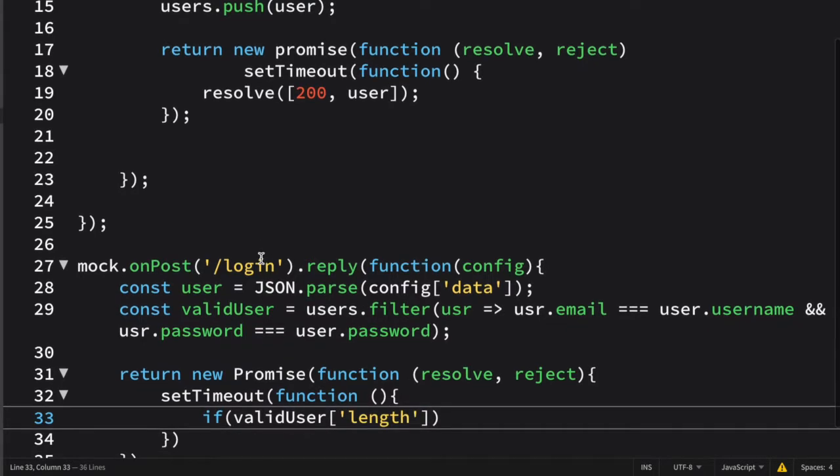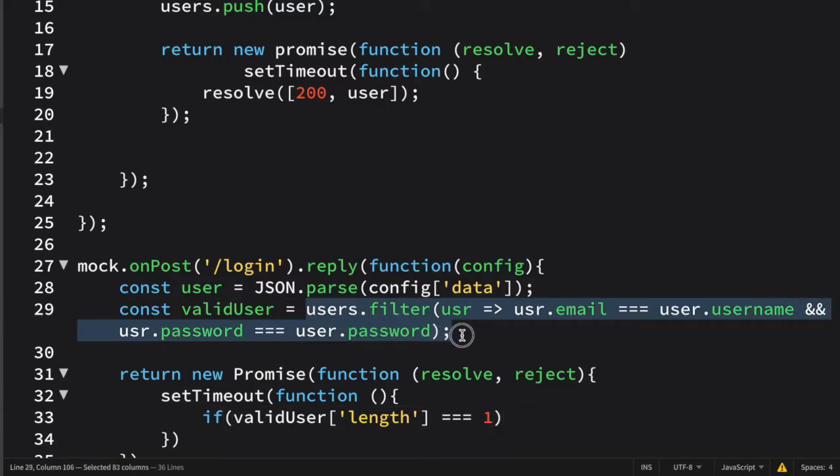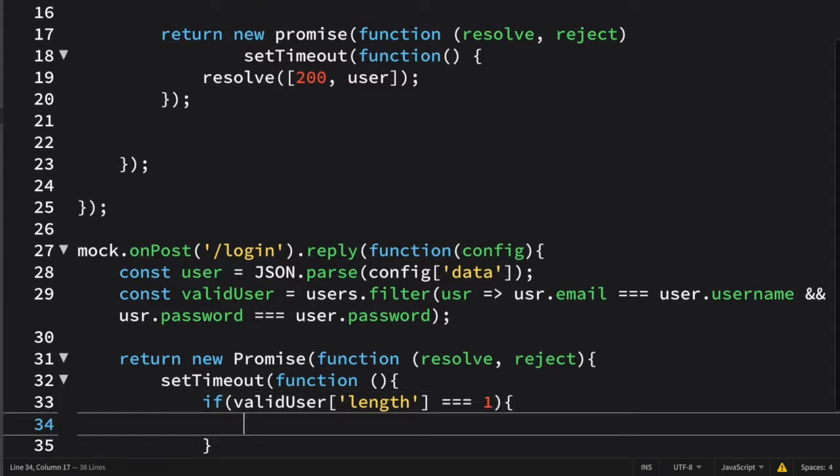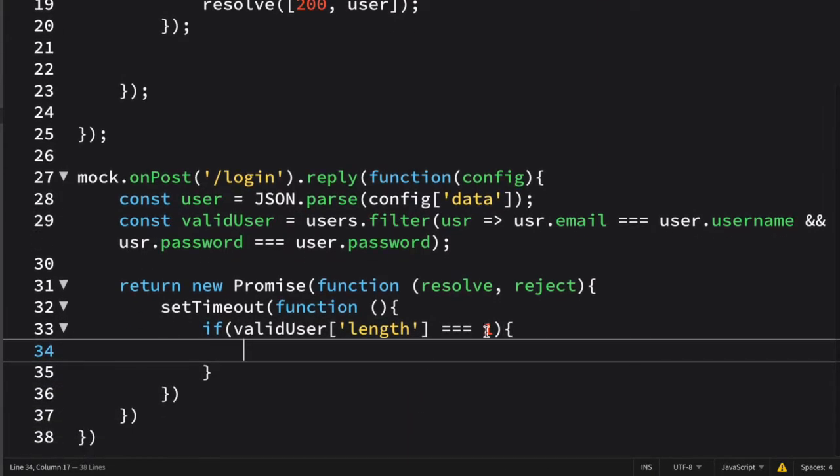So if this validUser.length is equal to 1, it means that this filter is saying that yes, there is a user of this kind present in our database, then only I am going to allow that person to enter into my application. So here I am writing if validUser.length is strictly equal to 1. This triple equal to is the strict equality operator.